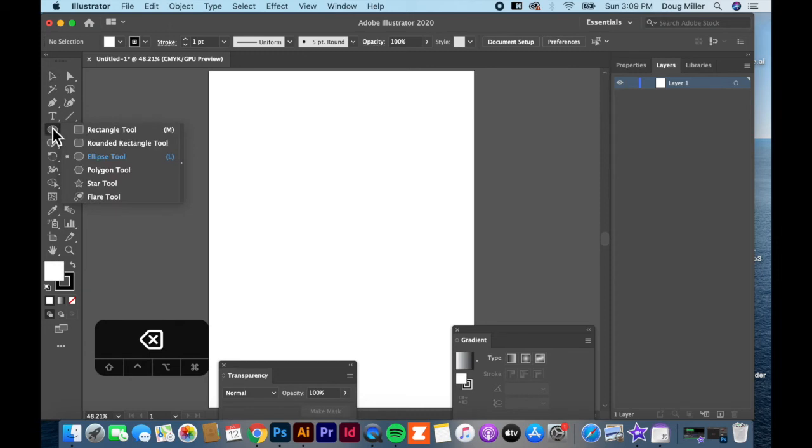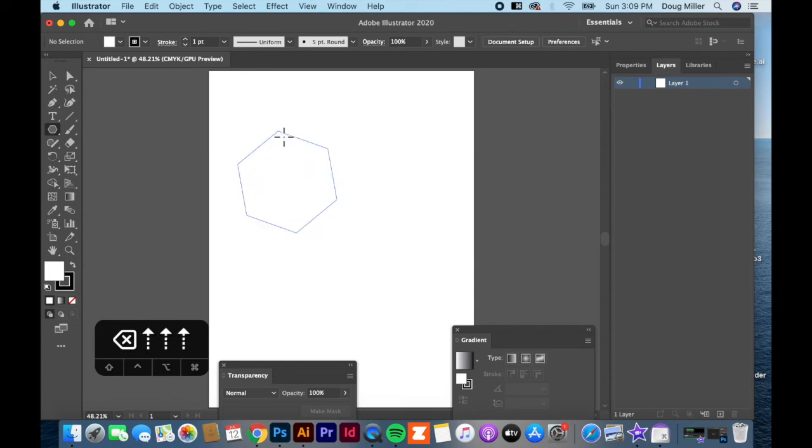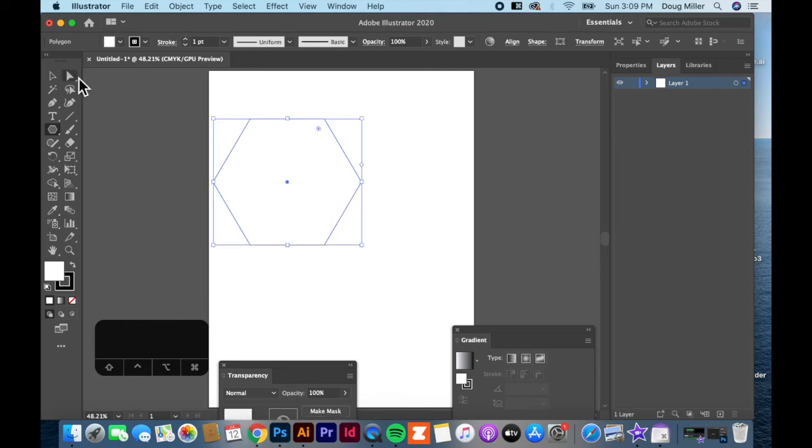And we'll move on now to the Polygon Tool. With the Polygon Tool, you can click and drag and it'll draw a polygon. Usually the first time you use it, it defaults to a 6-sided hexagon. And I'm going to hold the Shift key, and you can see that it constrains it to being a flat bottom. So if you actually wanted the hexagon to be up on its point, you would have to let go, and then you could rotate it. Hold Shift when you rotate, and that will lock it into a 90-degree rotation,